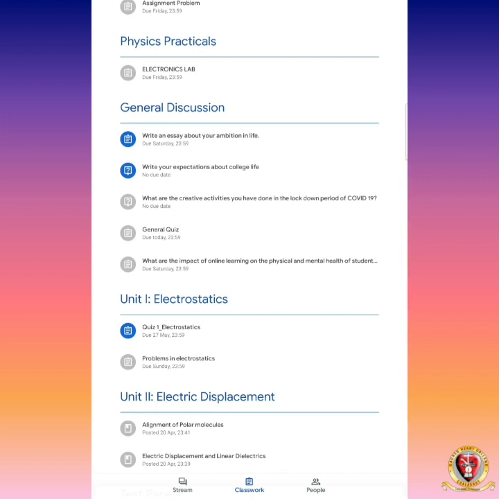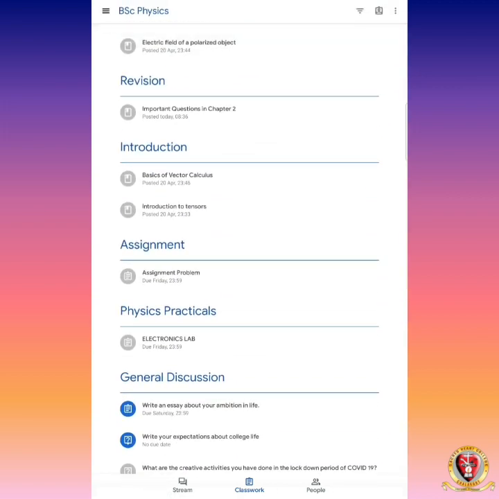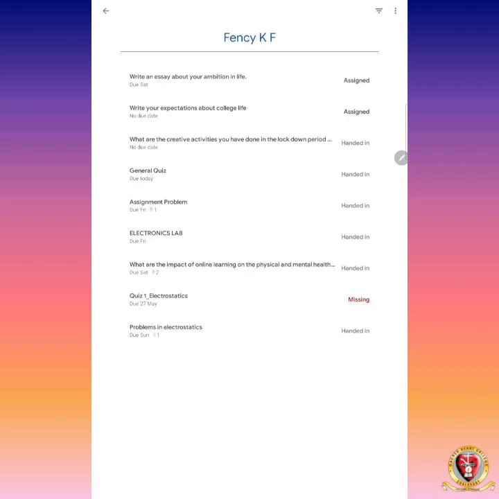And there is a question and there is material posted. So we can see all the classworks. You can now see what classworks are assigned to you. For that, see this icon. This assignment shows all the works assigned in this classroom. Sometimes you will join this classroom late. Then also you can see all the assignments already posted in this classroom. For that, click this button. This icon shows all the assignments.